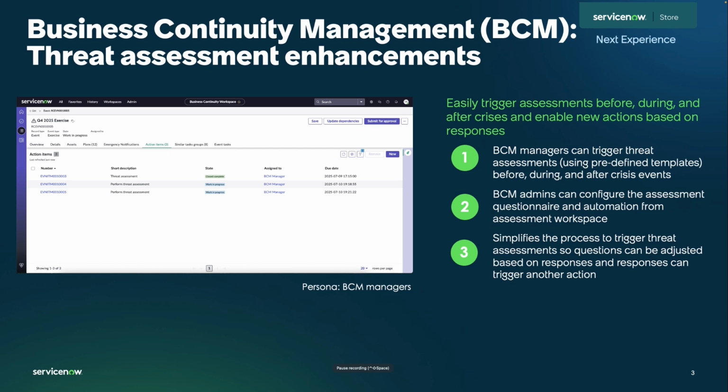Next, let's look at the threat assessment enhancements in business continuity management. These updates are designed specifically for BCM managers to make it easier to respond to crisis events. Now, managers can trigger threat assessments using predefined templates at any stage, before, during, or after a crisis. Admins within business continuity management now have more control with the ability to configure the questionnaires and automation directly from the Smart Assessment workspace. And finally, but most importantly, the process is now much simpler. Questions can adapt based on responses, and those responses can automatically trigger follow-up actions, making each of these assessments